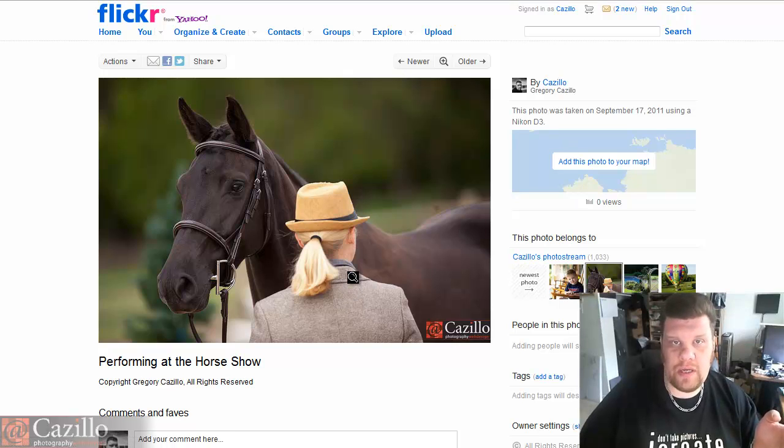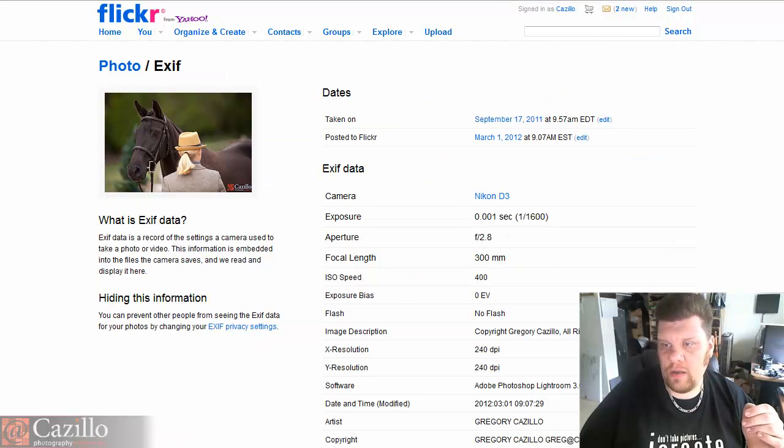At the horse show, I actually shot this last year. One of the horse shows that I do, and a really pretty horse. That was a really cool photo. I love the woman's hat and the ponytail. Really, really cool photo. And obviously the horse is my subject, and his eyes are nice and sharp. You might not be able to tell from Flickr in this video, but I will put the link up for that. Anyway,